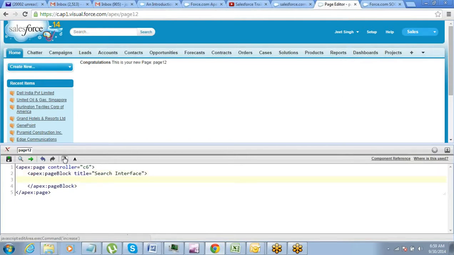The search interface, and this first thing that I will bring is the place where you can perform the search, right?